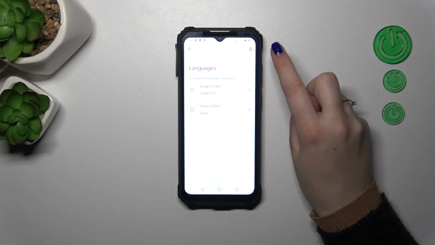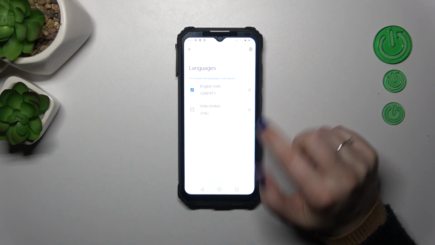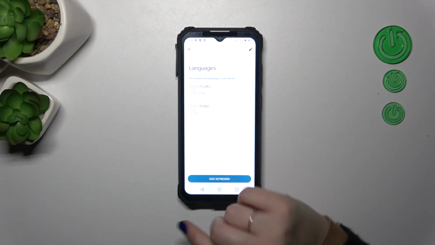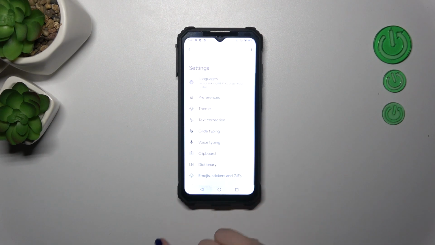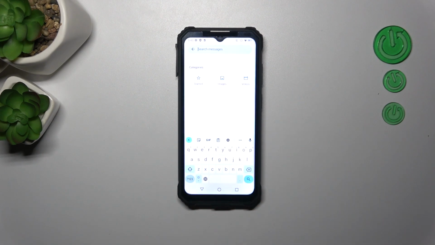Just tap on this edit icon, mark the language and tap on the trash bin icon. However, let me wait with this operation because I'd like to show you how to use the keyboard with 2 or more languages added. So here, after getting back to the keyboard, you can see that we've got